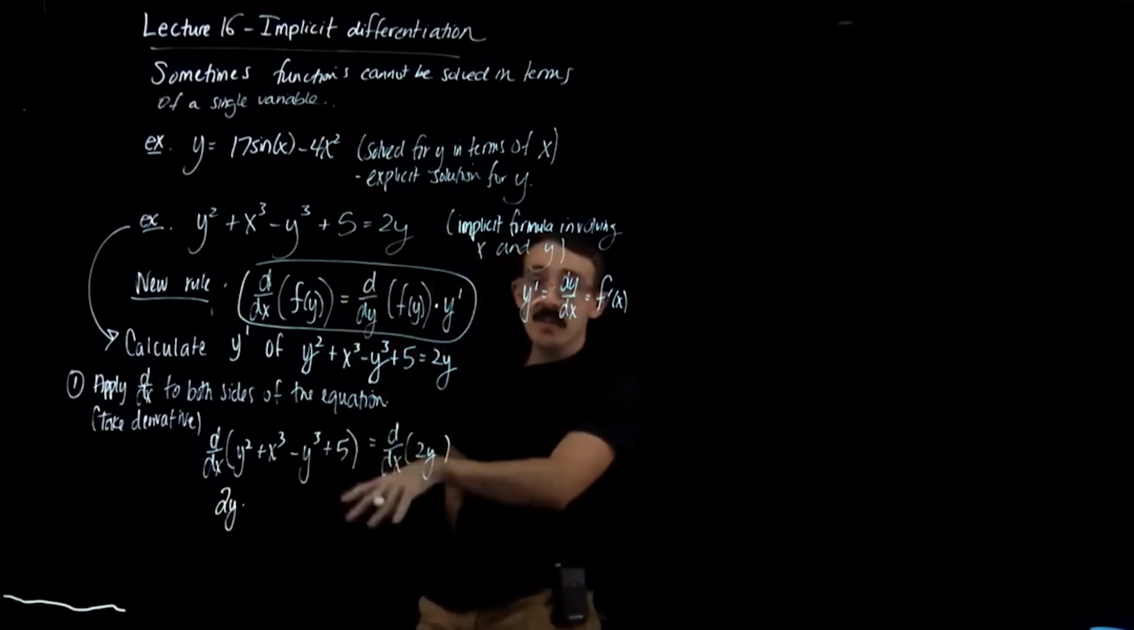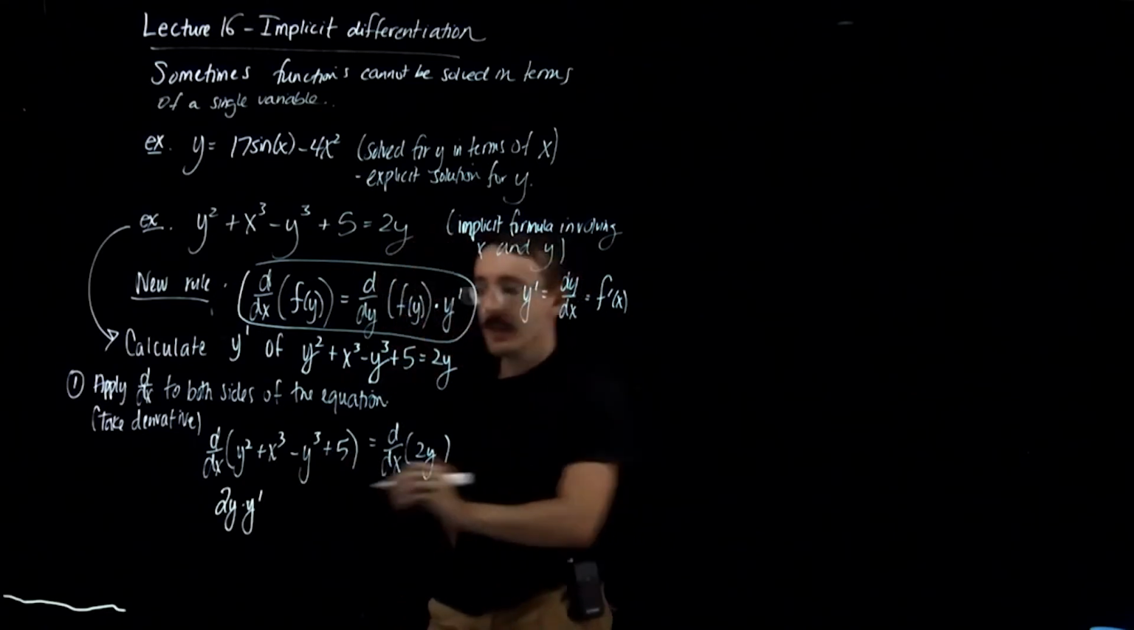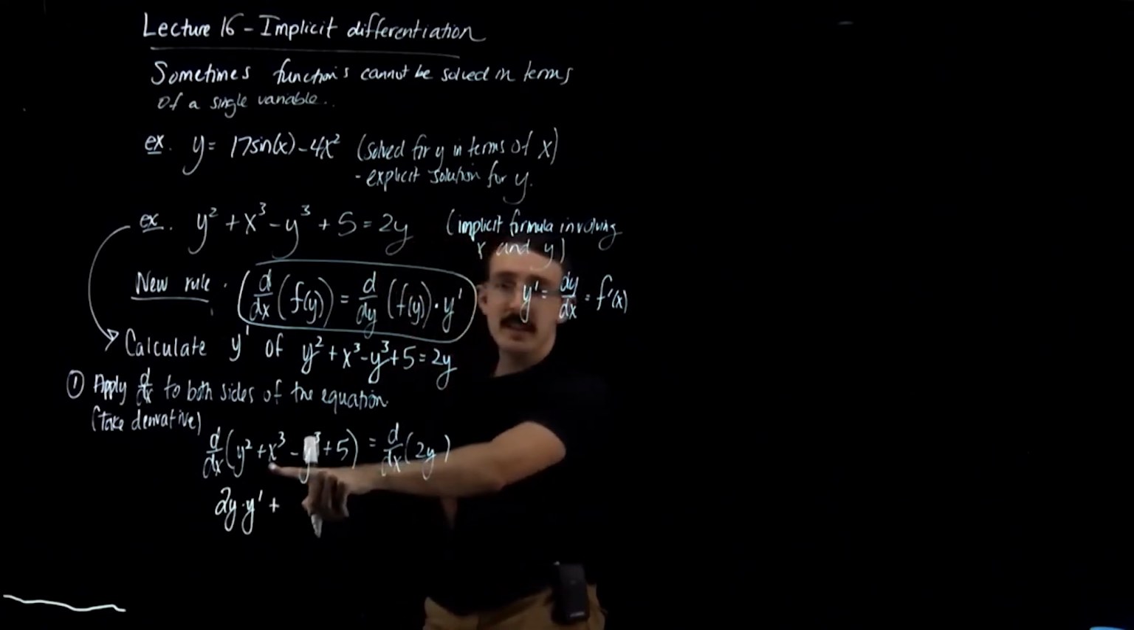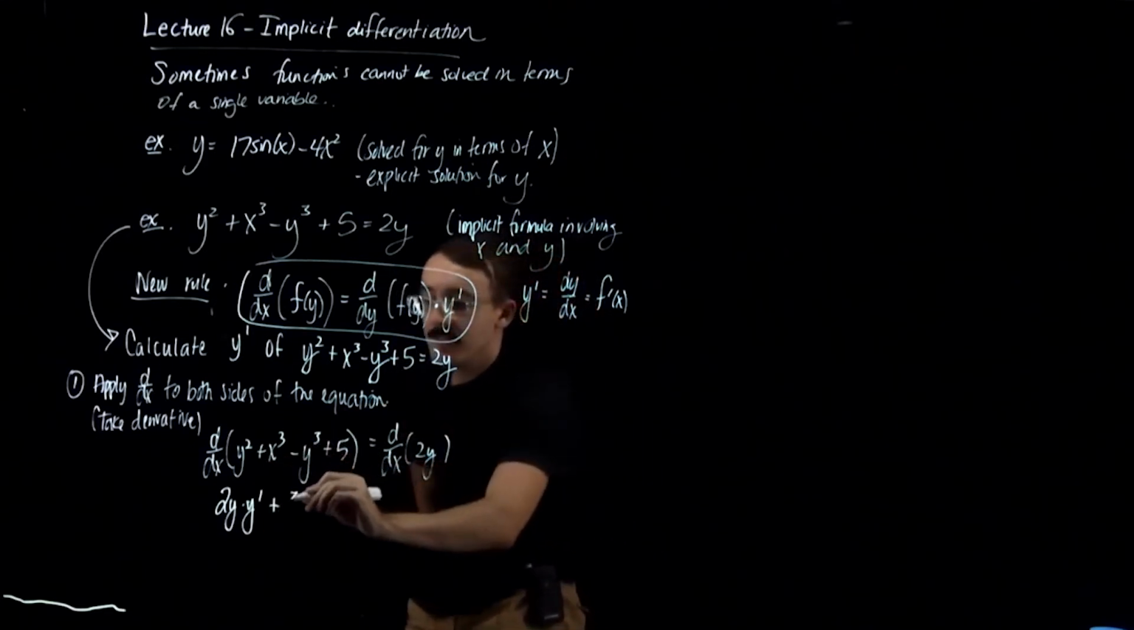Because I took the derivative involving something that had y's in it, I need to put y prime here. Okay, moving on. I take the derivative of x cubed. That just has x's in it, so that's just a normal power rule, how we're used to doing it. So the derivative of this is 3x squared